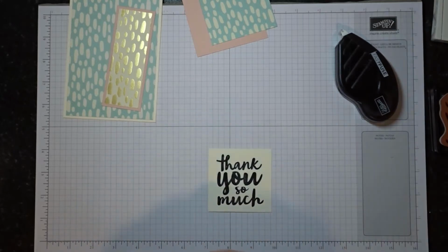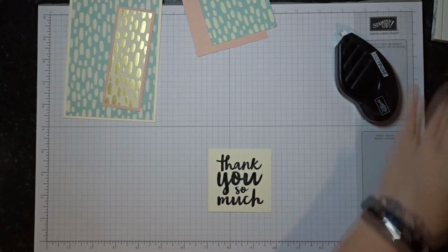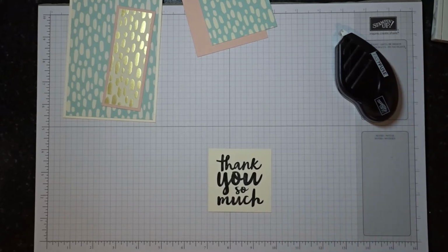So as always, I am just going to clean my stamp. My stamp and scrub is currently being cleaned, so I'm just using a bit of a rag, which I would not advise, but I just need to do this quickly. Okay,